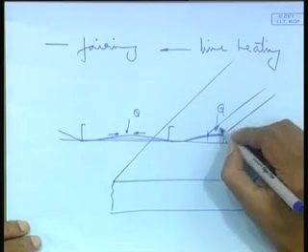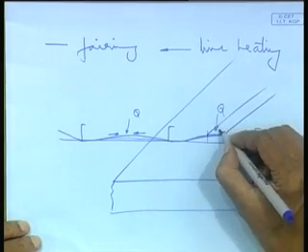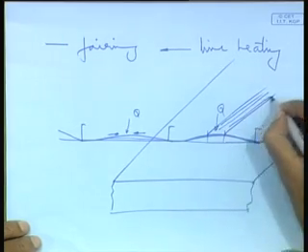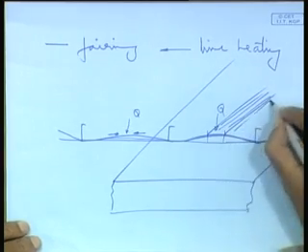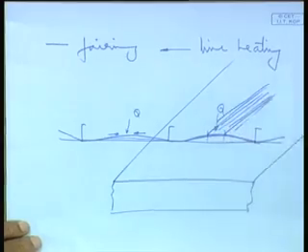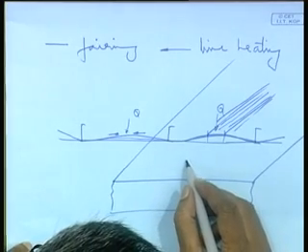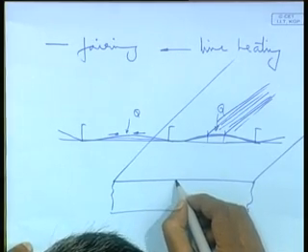So I am heating only some lines like this. Along this, it has buckled. If this is my y axis, along the y axis it has buckled. So along that y axis, along these lines, if I heat, what does it mean? I am applying the heat here, so heat is penetrating